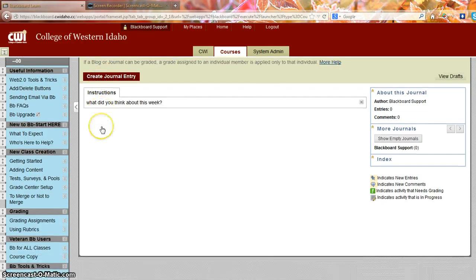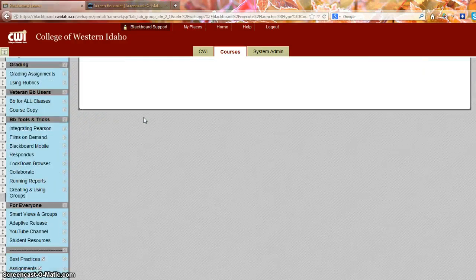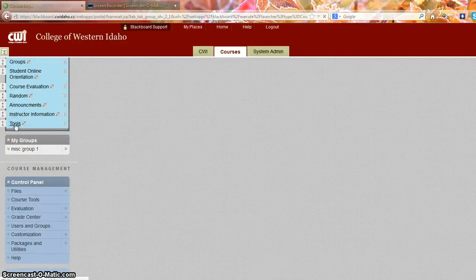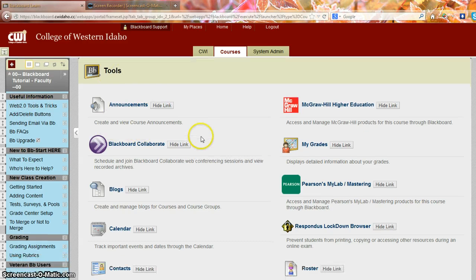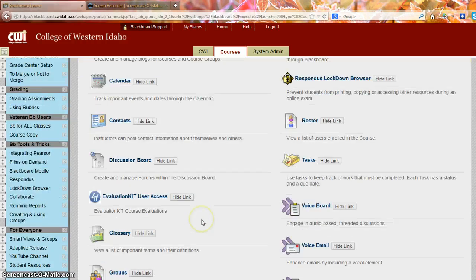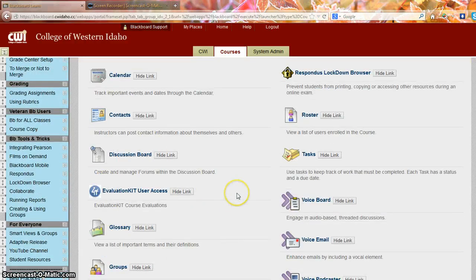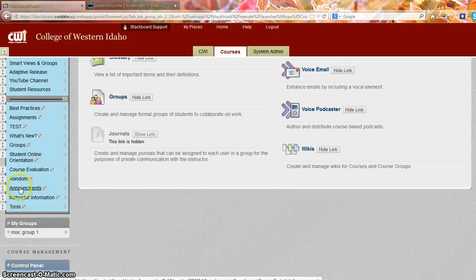Sometimes students get confused if there are too many points of entry for this journal. I can also come into my tools area. If I want to force them to only have access to the journals that I want them to use for that week, I can come into the tools area and I can find the journals and I can hide this link. What that will do is now in that tools area, the students cannot find the journals link. So the only way they have access to it is through that weekly folder that is going to go ahead and point them in that direction